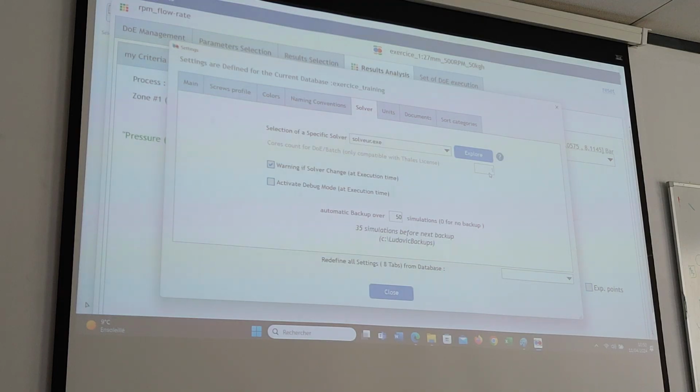We cannot increase the value because it's not possible on the demo version. But on your installation, you might be able to select more than one core to run the computation. But here there is no interest. It would have been interesting, but we cannot on the demo version. Instead of 15 minutes, for example, in your case, it would have taken like 8 minutes if you run it on 2 cores instead of 1. It might be interesting if you use the DOEs a lot, because for individual simulation, it does not change anything.